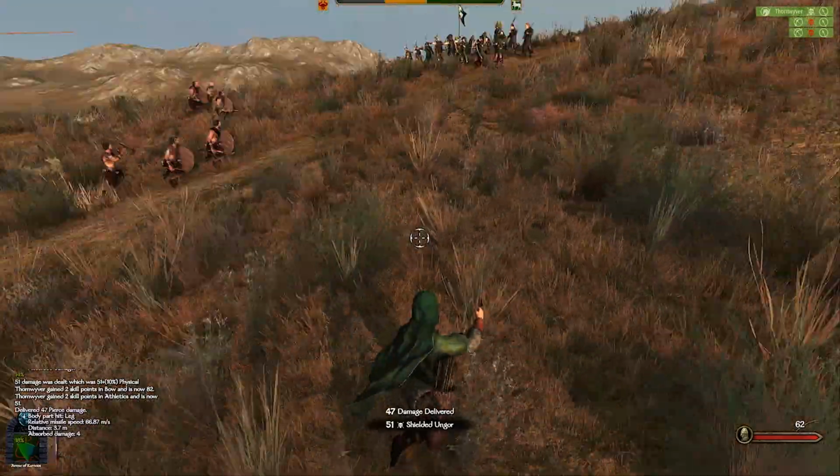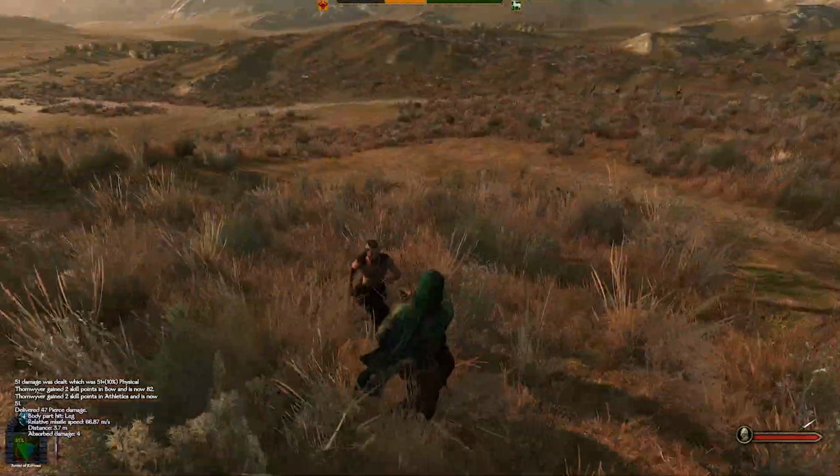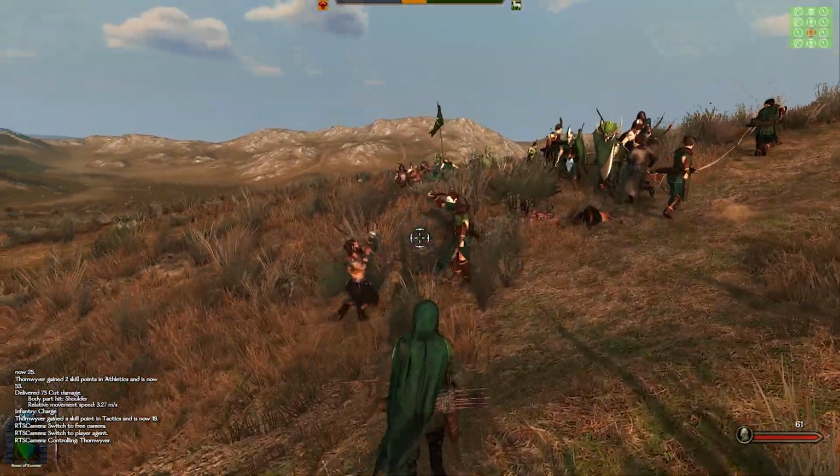It's amazing. And we'll just shoot him in the kneecaps. And then this guy can go down. I already love this playstyle, man. This is going to be a super fun playstyle. Let's make sure our archers fall back and let our infantry take over. I don't want...